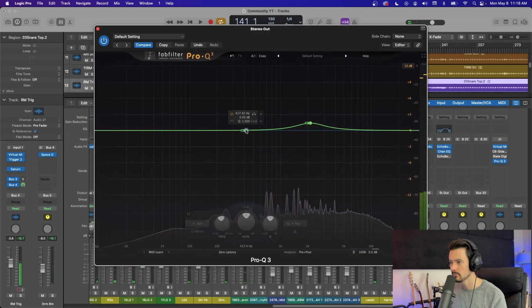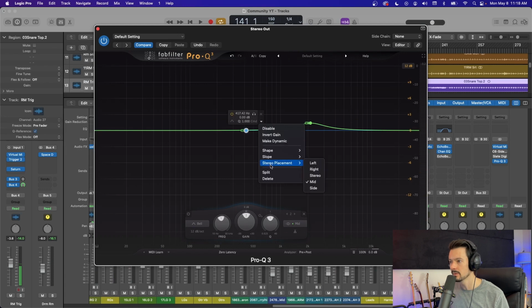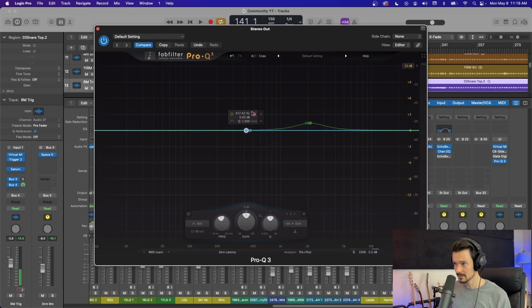And then say we kind of want more of the body of the guitars just on the side, those hard pan rhythm guitars. So I'm going to make another band, but place it on the side. And then this band,